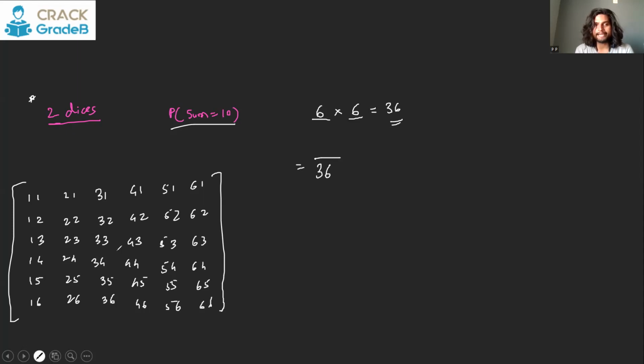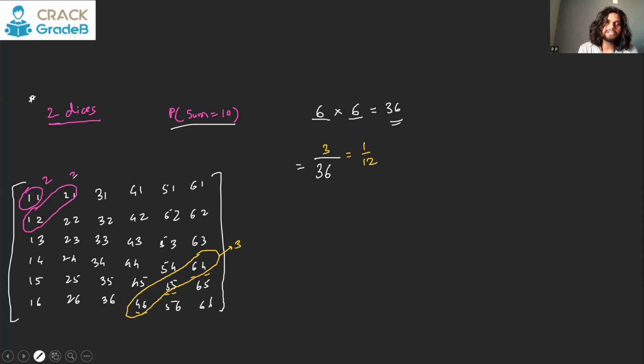Now if you want the sum to be 10, the sum can be 10 when one die has 4 and the second has 6, or 5, 5, or 6, 4. So as you can see, there are these 3 cases where the sum is 10. So 3 are our favorable cases out of a total of 36. So the probability will be 3 by 36 or 1 by 12. As you can see, diagonal-wise the sums are equal. 1 plus 1 is 2. 1 plus 2, 2 plus 1, the sum is 3. Similarly, this diagonal will have the sum as 4, and so on, then 5, 6, 7, 8, 9, 10, 11, and 12.